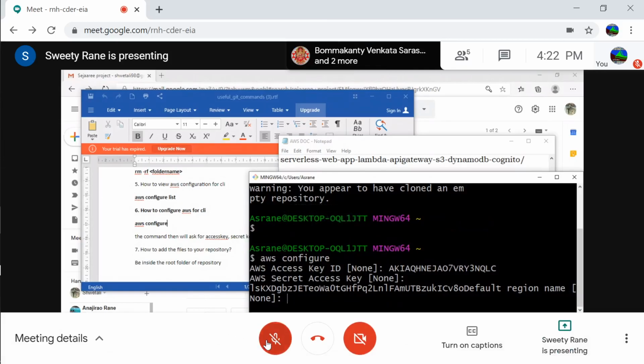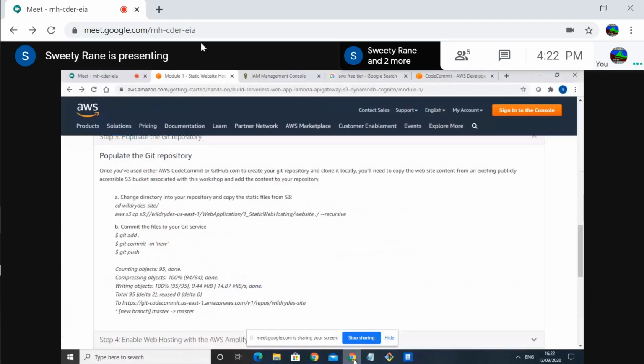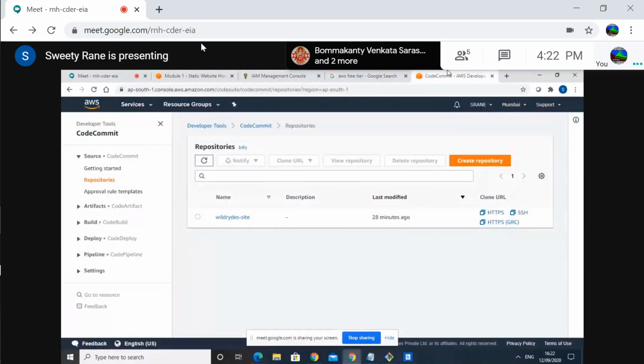Yes. We can verify what the region is. It's there on your link. I think ap-south-1. Verify it on your tab. Yeah, it's there, no? ap-south-1.